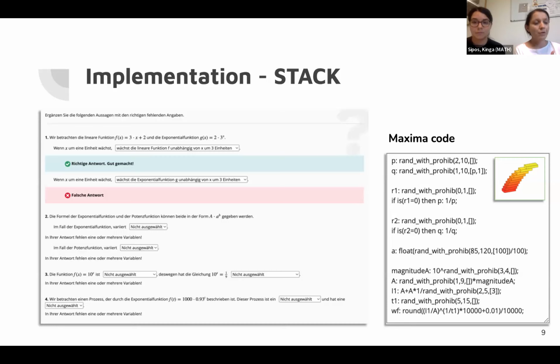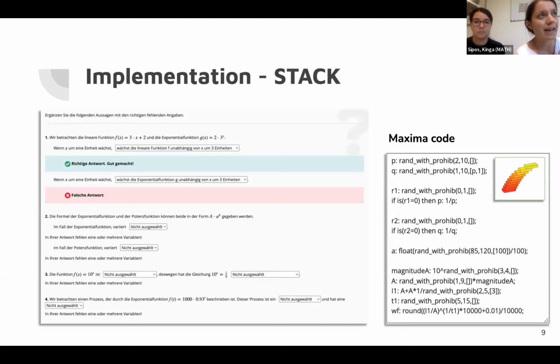which are more suitable for assessing mathematical knowledge and skills. So Stack, for those who don't know it, is a system for teaching and assessment using a computer algebra kernel. It's open source, and it was especially designed for mathematics. And the good thing about this tool is that we are able to evaluate numerical and algebraic expressions with it. Another very beneficial